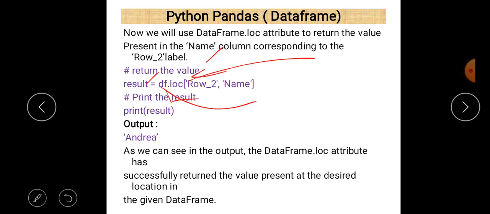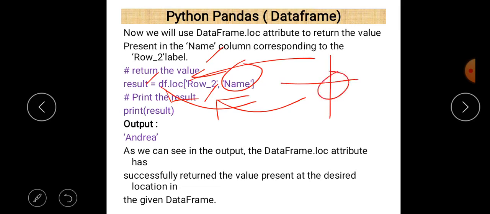Here you can see that we first put the name of the row, then a comma, and then the column name. So we want a particular value, the value at that location: row_2 and only the name column. Only one value is selected because the row and column intersect at one point, and whatever value is found at that point is our output.